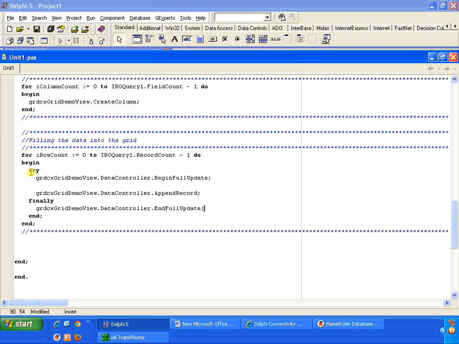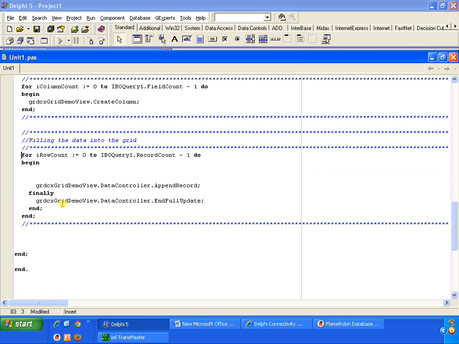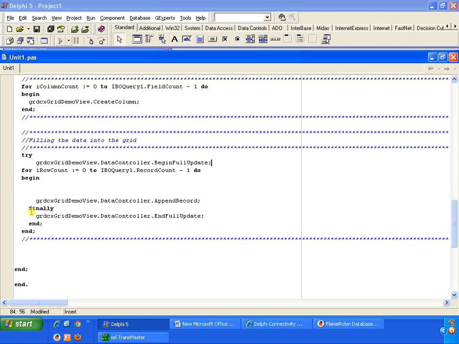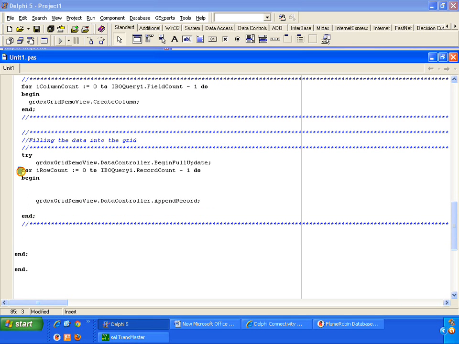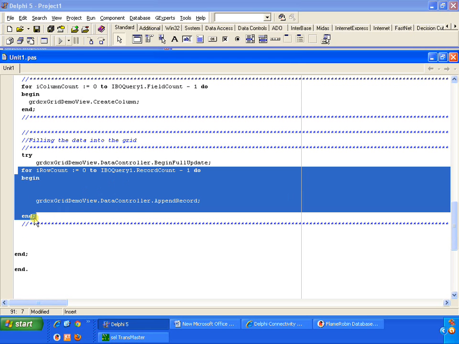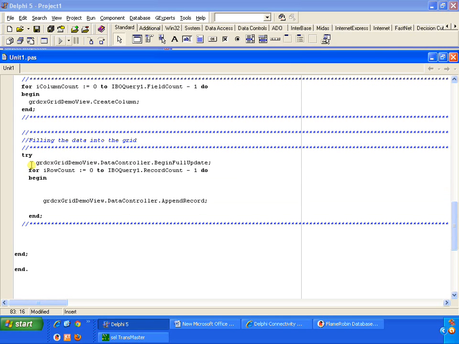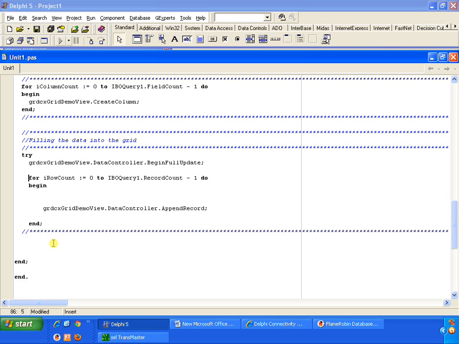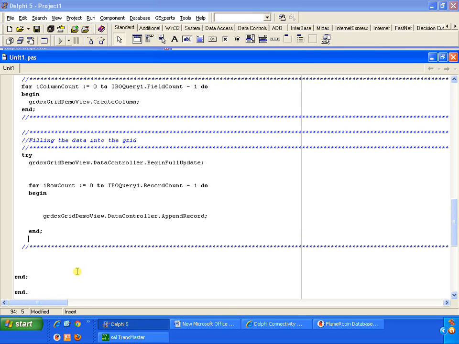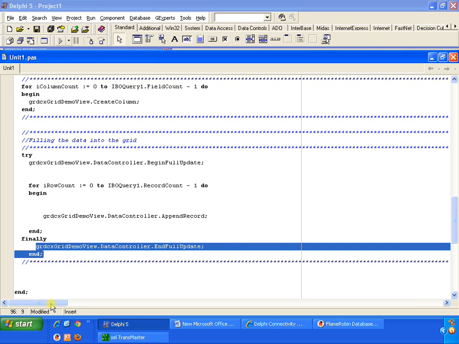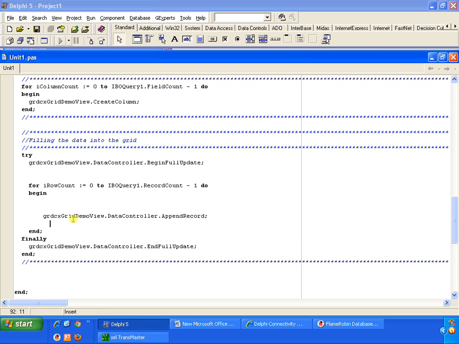So instead of writing this code inside the for loop, we need to put it in the outer loop. That would be better, because every time, these properties begin full update and end full update would be invoked. So select this control, hold the control and shift keys and press the I button, so it would move properly. Okay, like this. And we need to write up the finally block here. Select this, hold the control and shift keys, press the U button to come back. Now here when we are filling the values, so what we'll be doing,